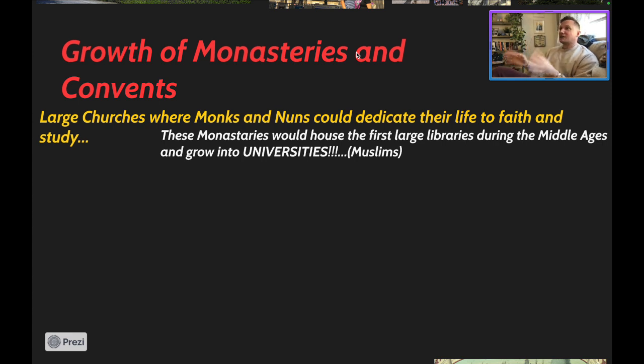Now, first of all, just so we know, they didn't come up with this idea originally. The Catholic priests, monks, and nuns did not invent the concept of universities. That was actually invented by the Muslim kingdoms during the Islamic Golden Age. They're the ones who developed the idea of centers of learning like that, but the Europeans are going to make their own version of it after interacting with the Muslims, with a little bit of cultural diffusion there, and they're going to grow it out of particularly the Catholic Church realm.